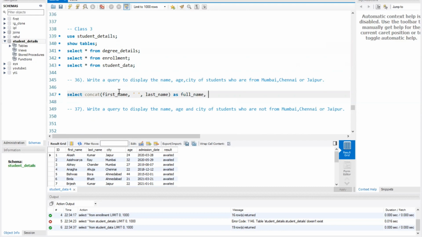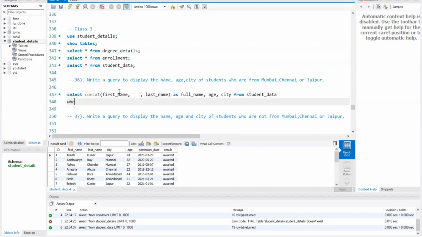Then age, city, from student data, where the city is Mumbai or city is Chennai